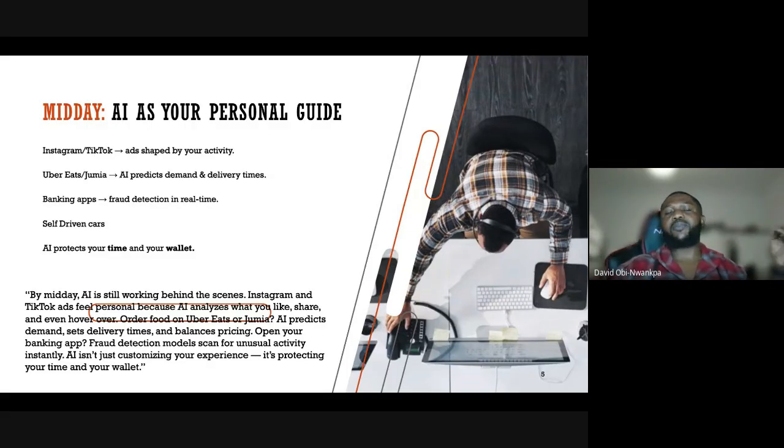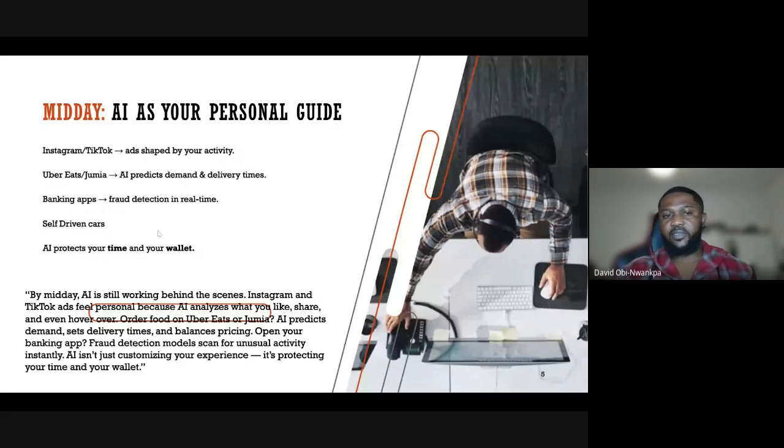These are ways banks are trying to detect fraud in real time, so they know this is an outlier now, because a customer is trying to access us from a different IP. So they've detected it and flagged it. The customer then verifies. Sometimes it leads to a blockage. They just block you for a short time frame till you verify your info. So these are ways AI has impacted our afternoon, our midday period.